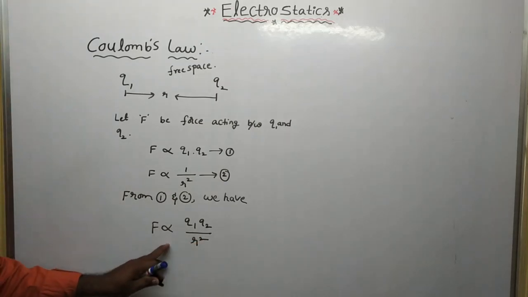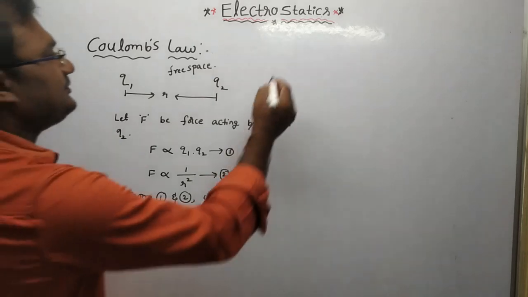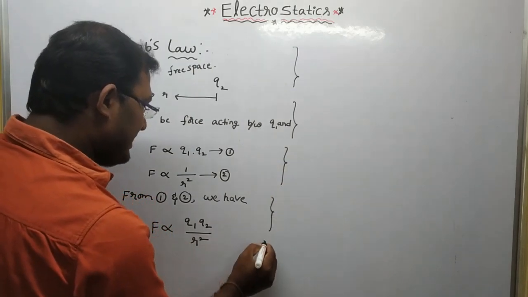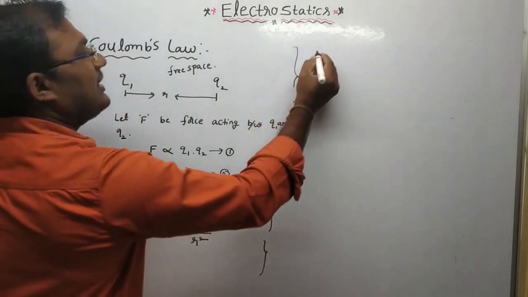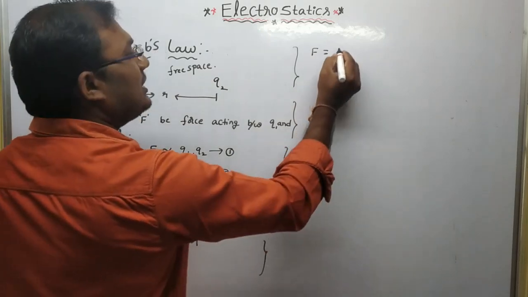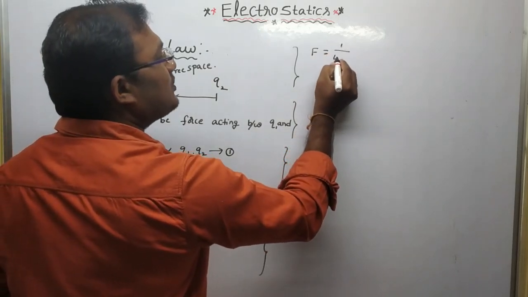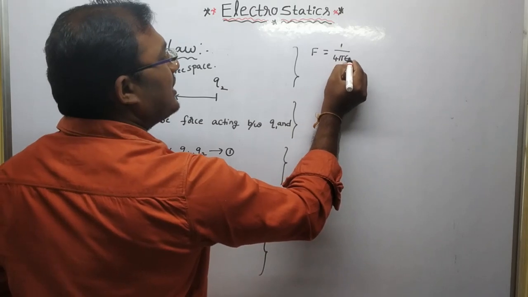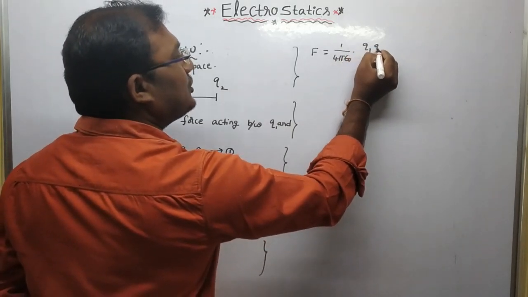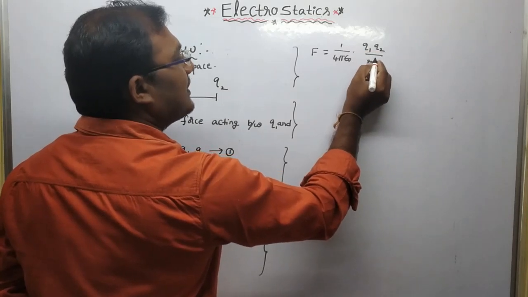To remove the proportionality, we have to include a constant, that is the proportionality constant. Therefore, F equal to 1 by 4 pi epsilon naught into Q1 Q2 by r square,